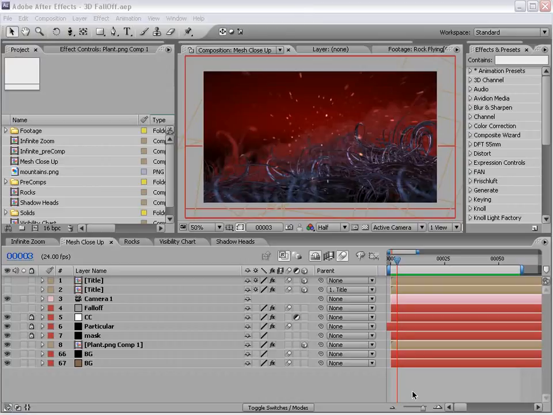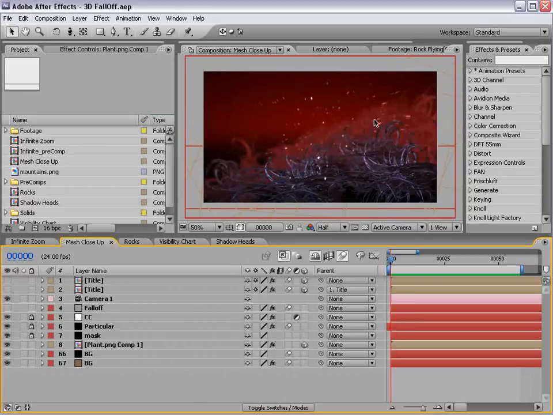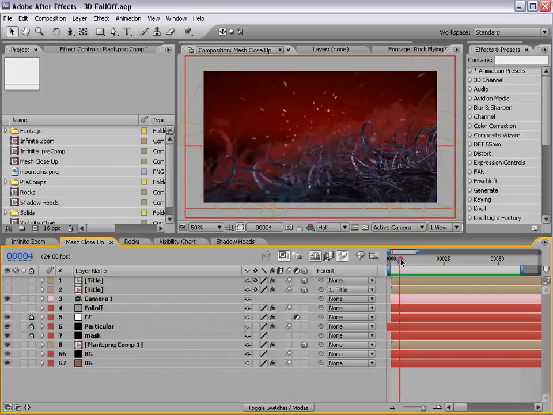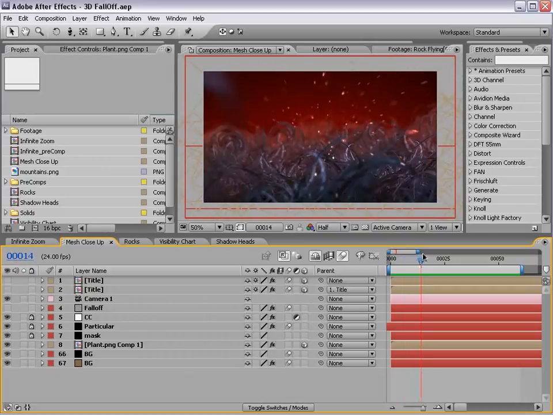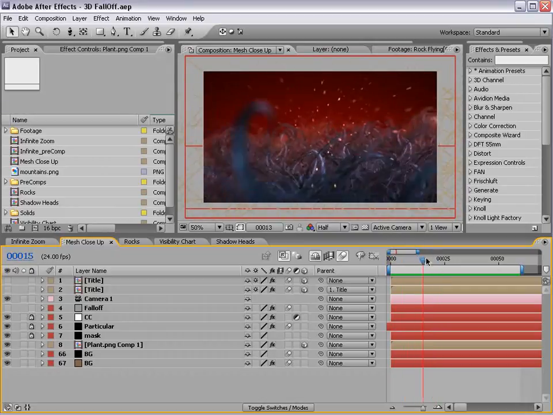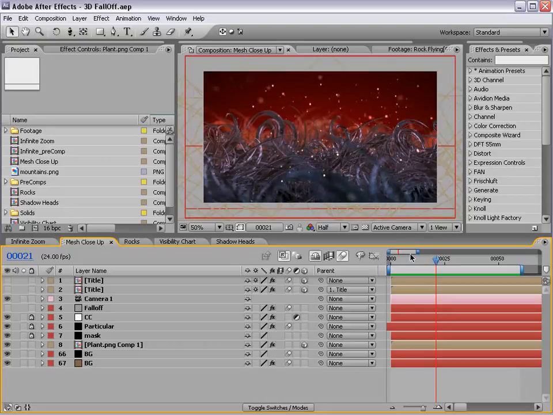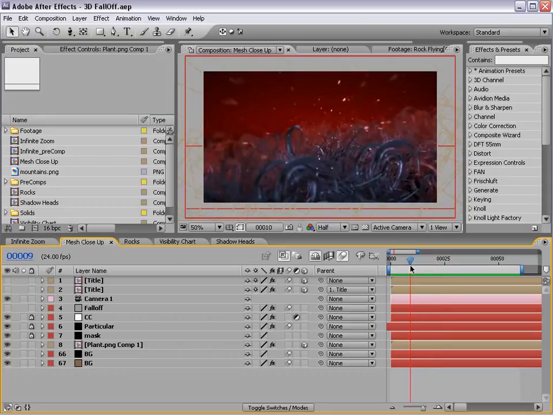So, what we're going to be doing is using a new preset called 3D Falloff. What it allows us to do is put layers in 3D space and have them fade away in the distance. So, in this example, we have a red background. Our layers in the background are sort of faded away red, and as we approach the background layers, they become clear. So if we keep an eye on this area, and as we back out, it fades off into